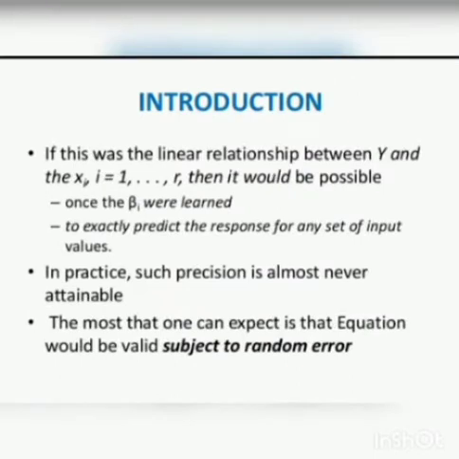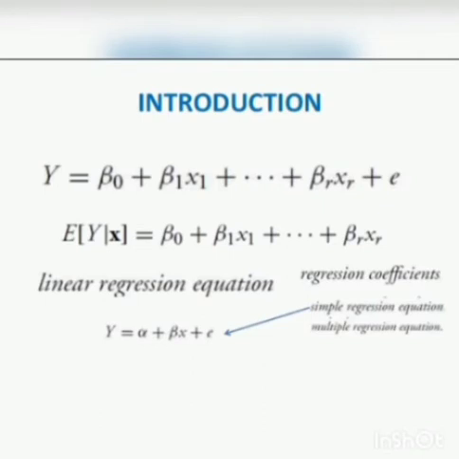Next comes the introduction of regression lines. If this was the linear relationship between y and the xi, i equal to 1 to r, then it could be possible once the beta were learnt. In practice, such precision is almost never attainable. The most that one can accept is that the equation could be valid subject to random error. The final equation of regression is y equal to beta naught plus b1 x1 plus so on up to br